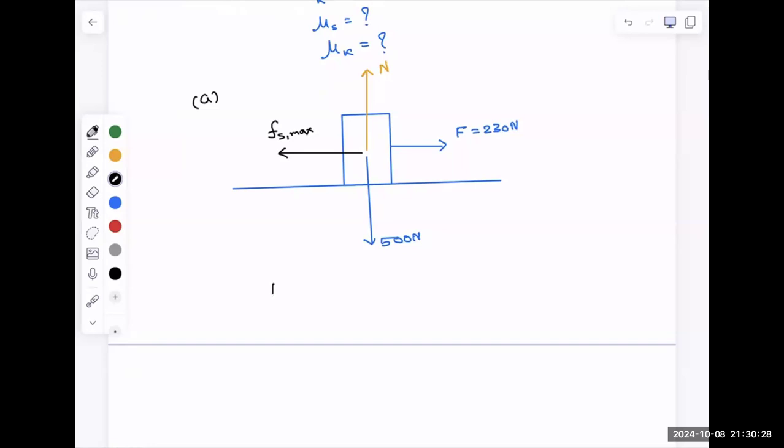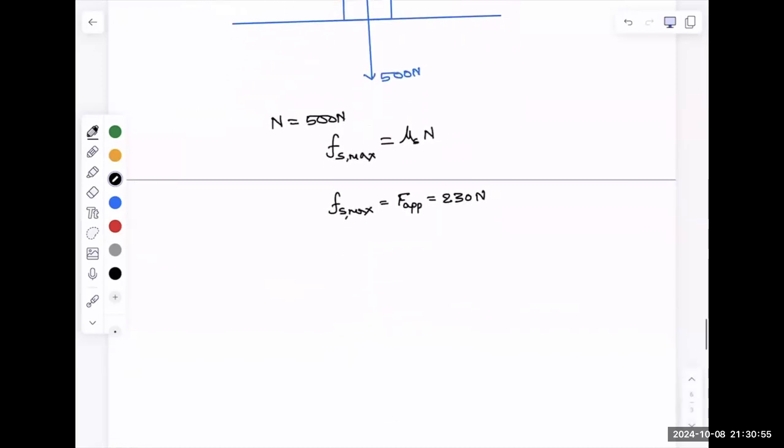So now what we know is normal is equal to 500 Newton, and from the definition, Fs max is equal to mu s times N, right? So what is my Fs max? Fs max is equal to the applied force, which is equal to 230 Newton. So that means